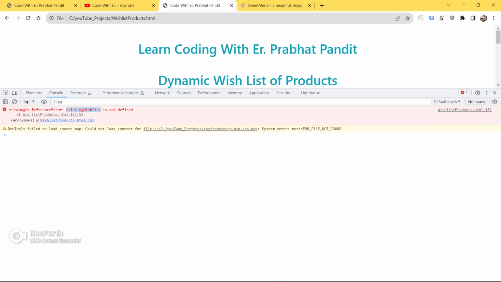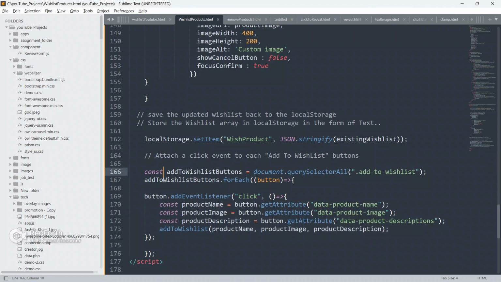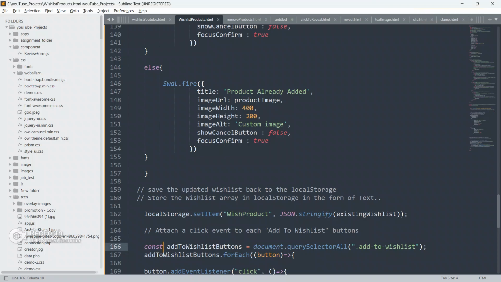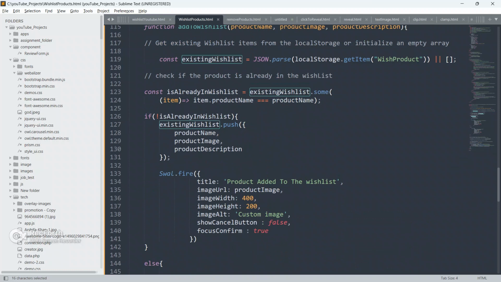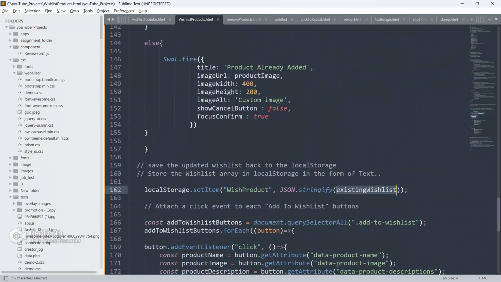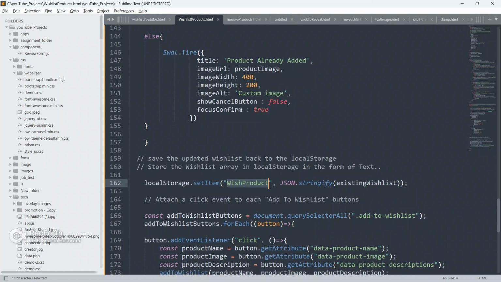Existing wish list is not defined, on line 162. Existing wish list, yeah, it's already defined. Local storage dot set item.